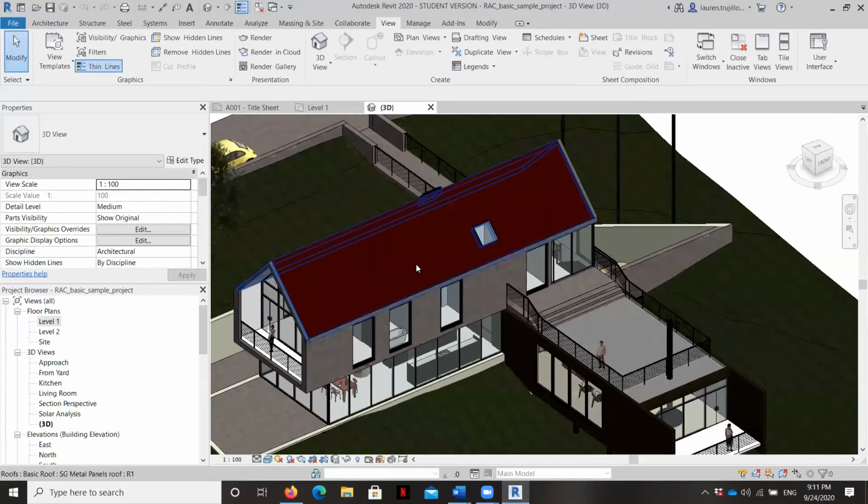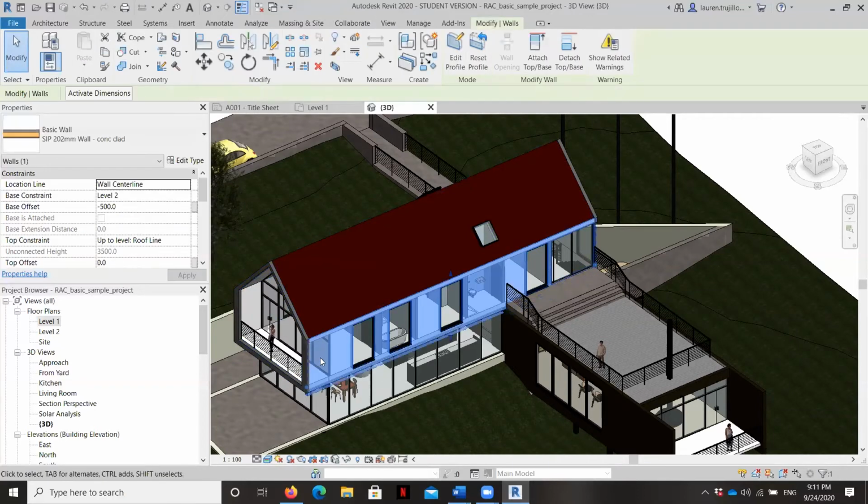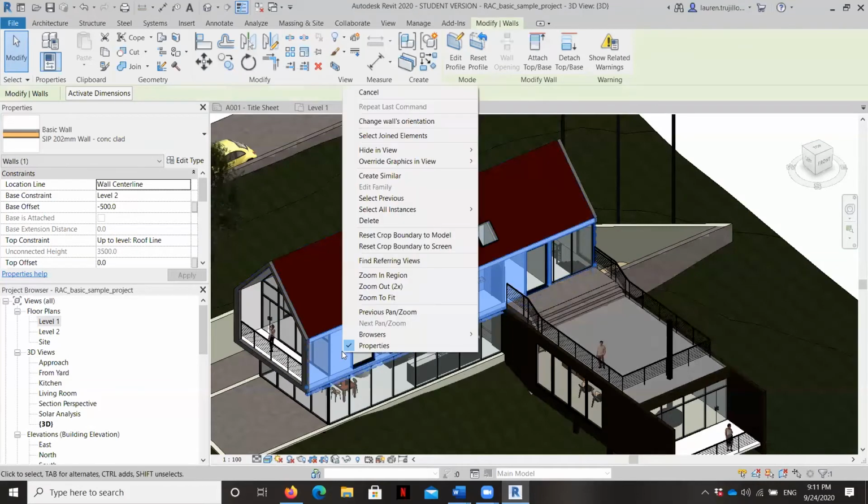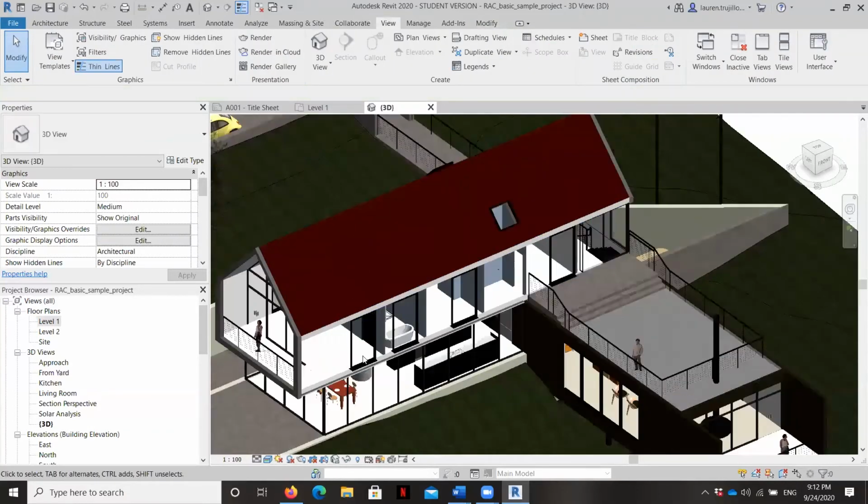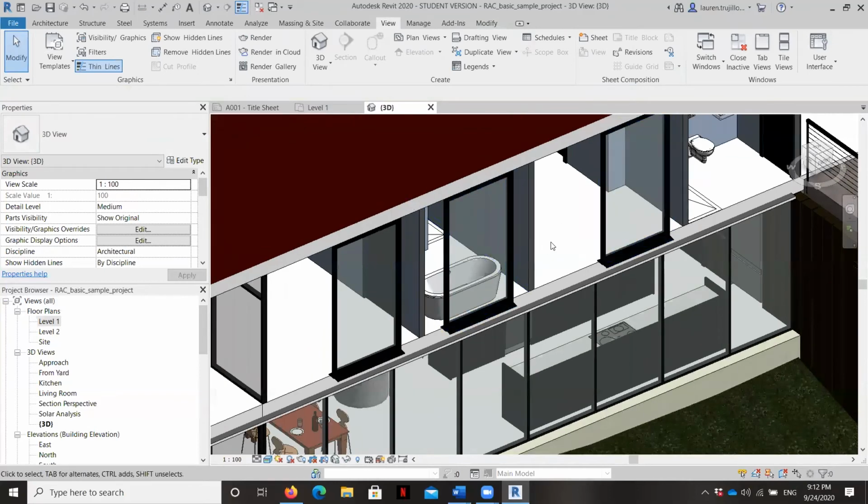The other thing before we move on that I want to show you is the visibility settings. And so, for example, we can see this wall right here. We can see it in this view. And I can click on it. And if I want to see what's happening beyond that wall, I can right click and hide it in view. If I hide elements, it will just hide that wall. If I do category, it'll hide all the walls. So I can hide that wall, and then I can start to zoom in and see what's happening inside.